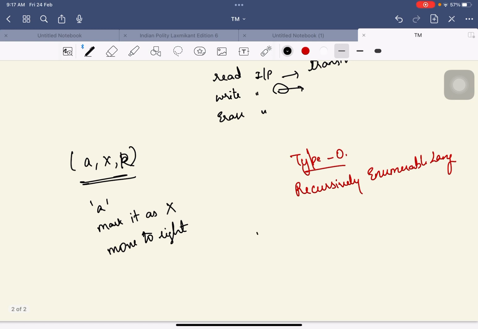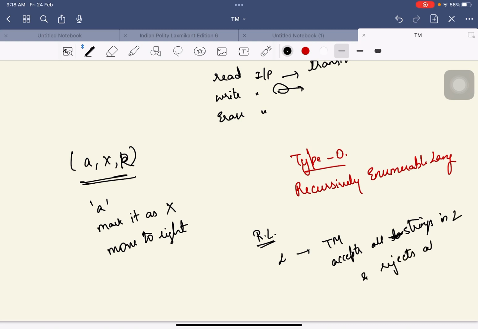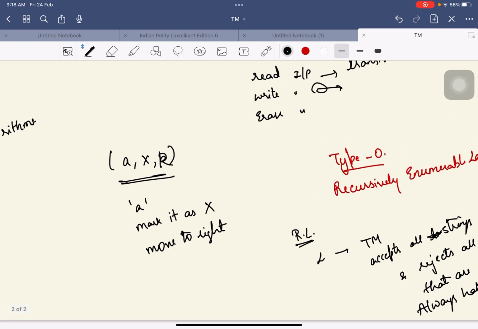Recursive language, we'll first see what a recursive language is. A language L is said to be a recursive language if there exists a Turing machine which accepts all strings in L and rejects all strings that are not in L. Now, for this recursive language, if the strings are not there, it will always reject, and if the strings are there, it will always accept. So it will basically always halt, and it will give you the result if the string is accepted or not. Whereas coming to recursively enumerable languages,